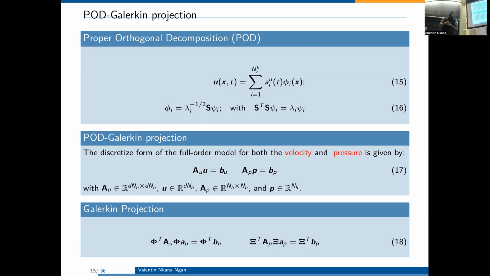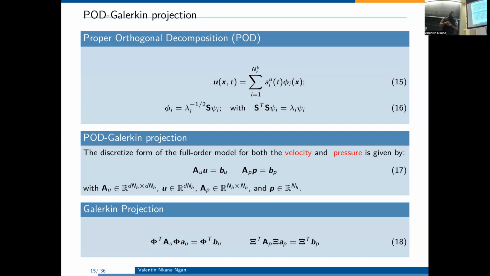You can compute the mode in various ways, but here we compute the mode with what we call the method of snapshots. Basically, given some set of data, I can compute the matrix transpose of S times S, where S here is the collection of snapshots. And when you have that, you can obtain eigenvalues and eigenvectors. The eigenvalues are the ones that will tell you which data you have to take into account.